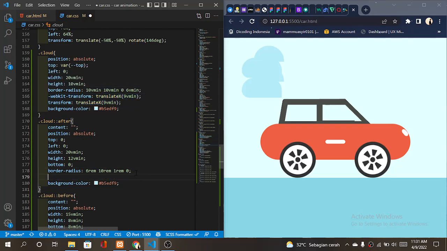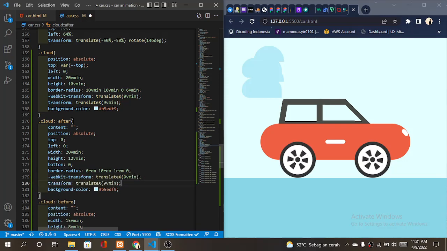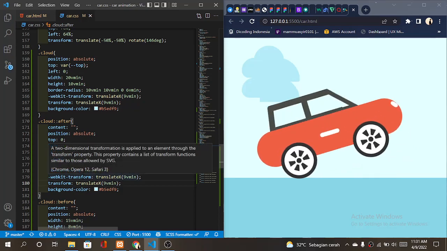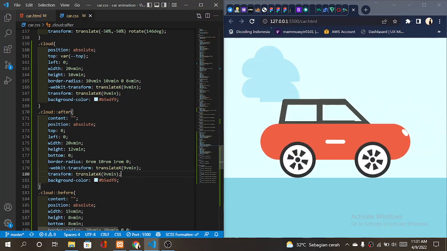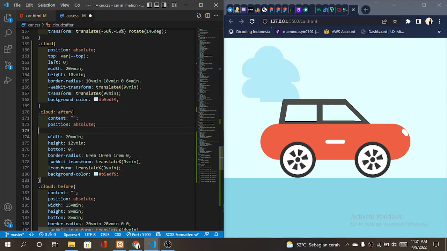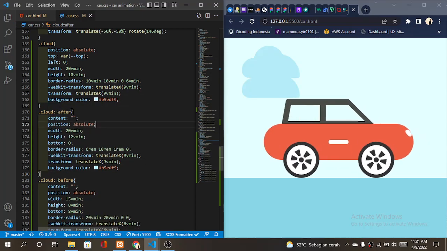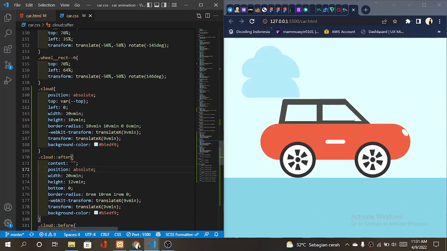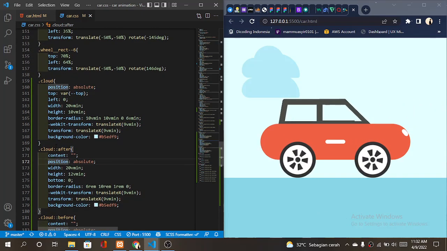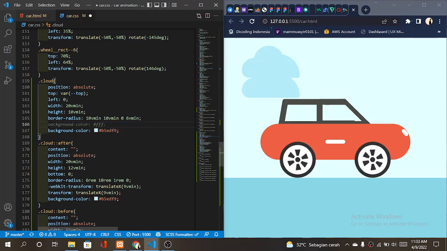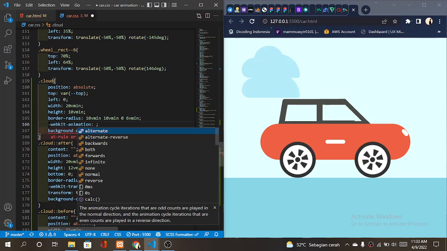Paste this after border radius, and we don't need to change this, and try to save, and check what's wrong with this. We don't need top and left, and we made a fault. It is not WebKit transform but animation for cloud,